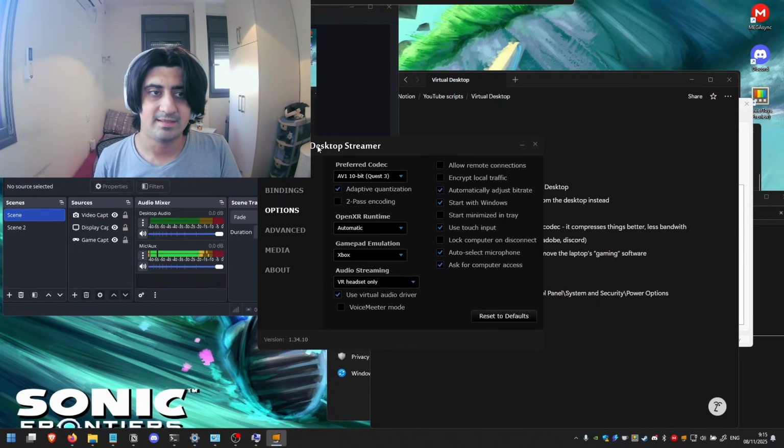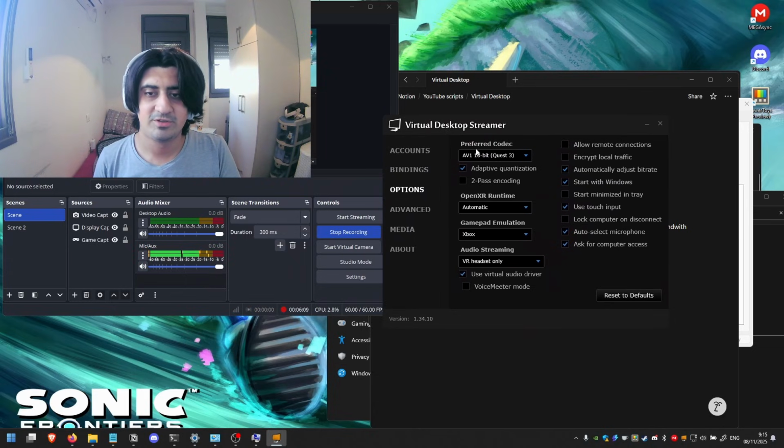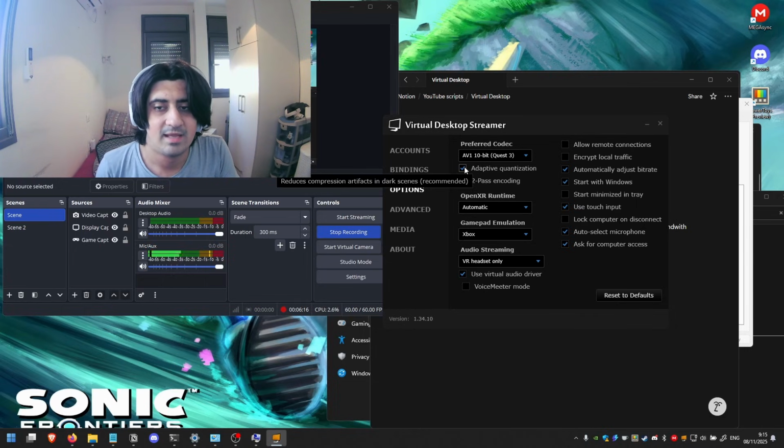I show it like this. There's the virtual desktop streamer. You click preferred codec, you click AV1 10-bit. Now, I recommend having this on, adaptive quantization,